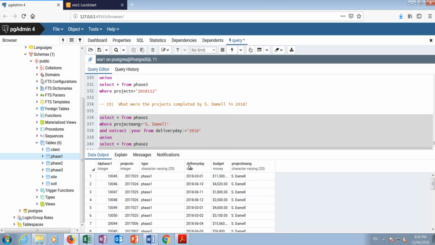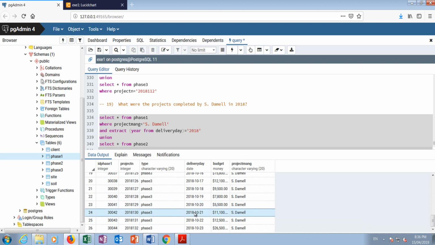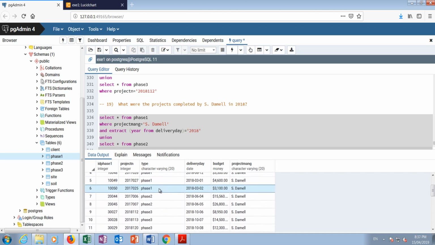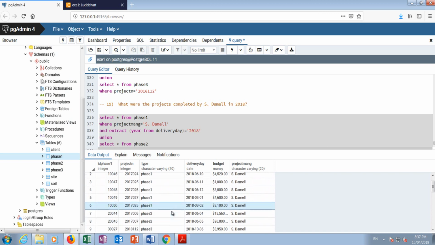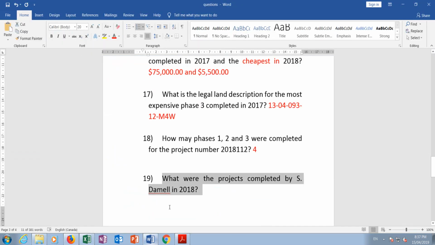As you can see at the column for delivery day, everything is in 2018. We have in total 6 phase 1, 2 phase 2, and the rest is phase 3. I'm not going to write all these projects at the question, but we can say in total